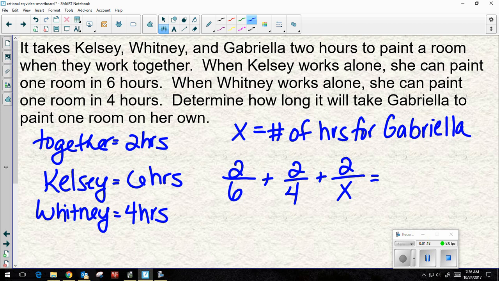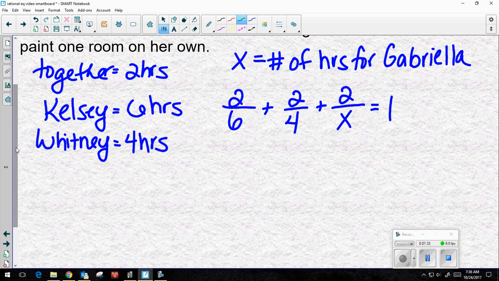And it's going to equal how many rooms are they painting? 1 room. Their combined rate together, Kelsey plus Whitney plus Gabriella, will equal 1 room. So now I have a rational equation that I can solve. So 6, 4, and X are my denominators. So my first fraction is missing